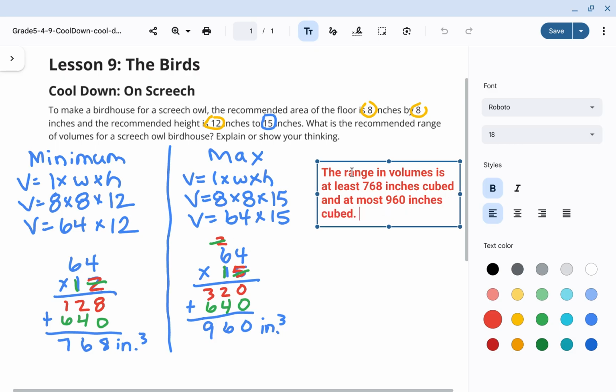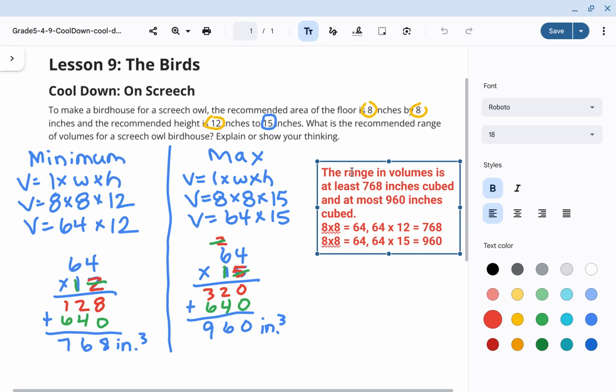Now I'm going to say exactly how I got to those. So I'm going to go ahead here and say that 8 times 8 equals 64. Then I took my 64 times 12, which equaled my minimum, which was 768, right? Now I'm going to do the same thing, but for my maximum. For my maximum, I still started in the same place. 8 times 8 equals 64. Then I had my 64 times 15, which equaled